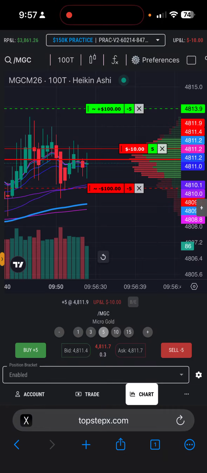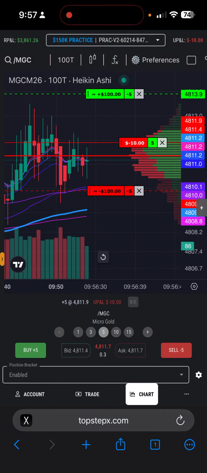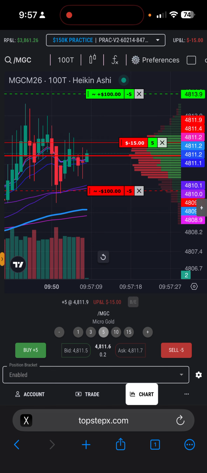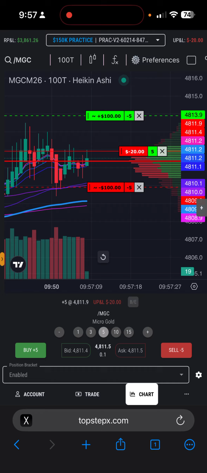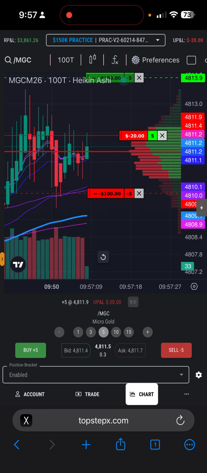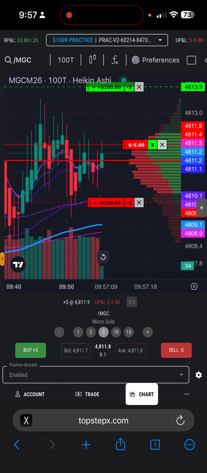So swing low seems to have held. That should be a good sign that we should get some bullish buyers right now on gold. And I don't know if it's going to hold. Let's keep it going. Come on, guys. Let's go here. NASDAQ would have done this a lot faster.